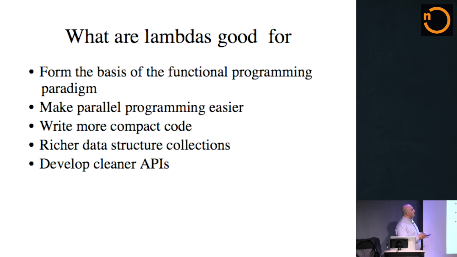So the big thing is that it does make parallel programming enormously easier. If you want to keep hundreds of cores busy, it's a lot easier to do with functional programming than with object-oriented programming. You're going to write more compact code, much richer data structures. There are really interesting things you can do in that area. And you can develop a lot cleaner APIs. And you'll start to see that when you look at things like streams and how they clean up working with